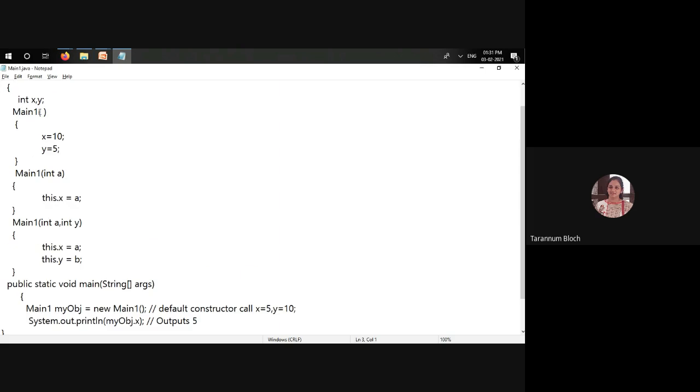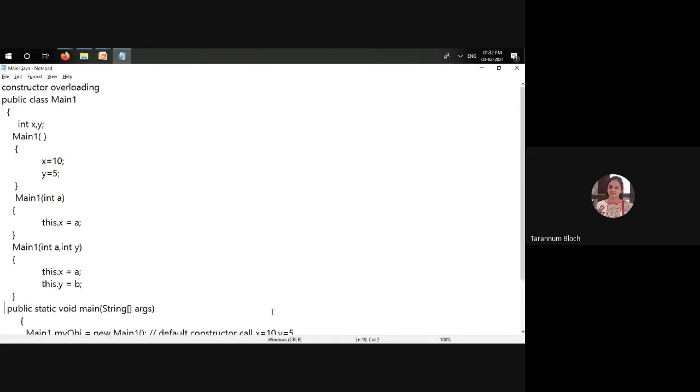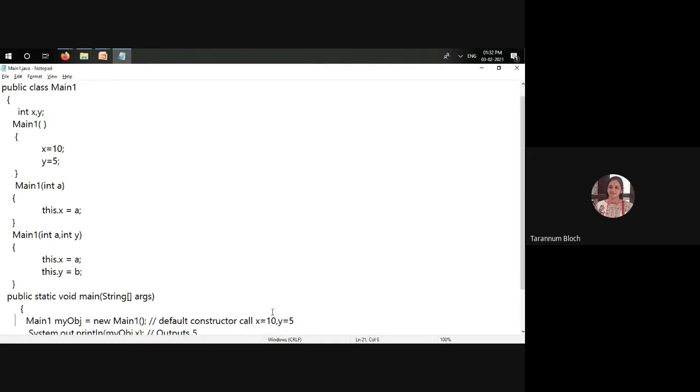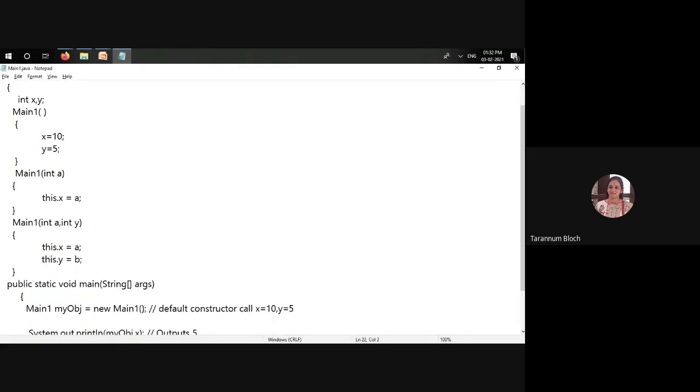You see, because this is the default constructor. X is equal to 10 and y is equal to 5. And suppose I am creating another object of main. Let us say I am creating an object 2.